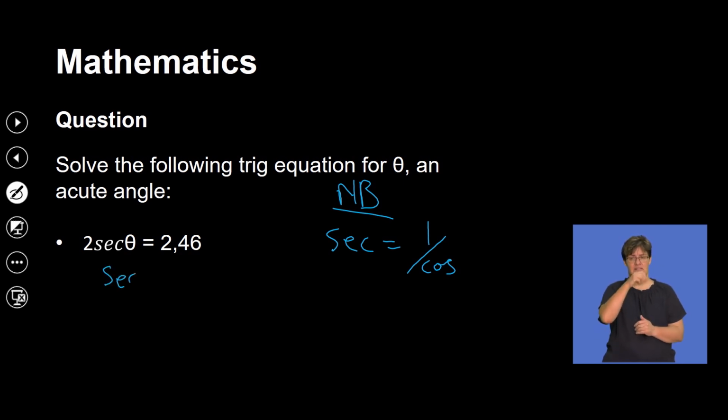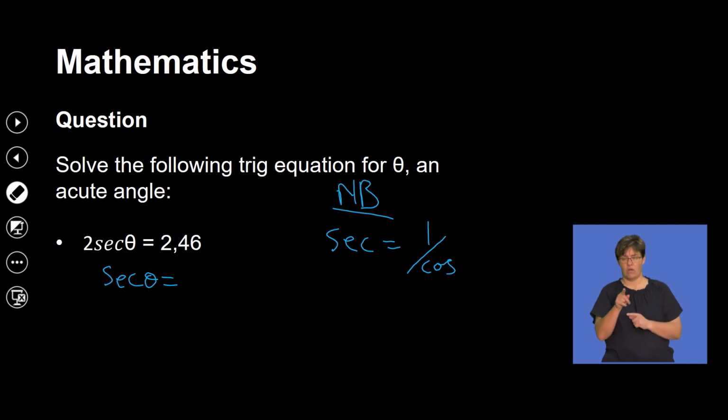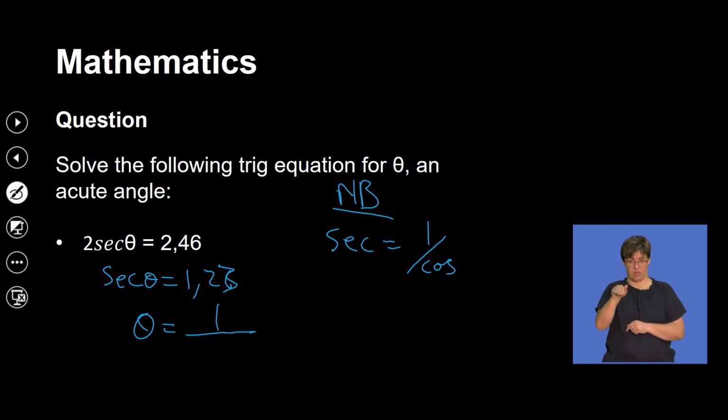So this will be sec theta is equal to, if I divide both sides by 2, it will be 1,23. And then my theta will be equal to 1 over the second function of cos